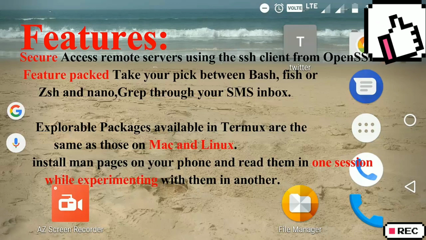And next, coming to the featured packages that are nano, grep, through the SMS box, base, and also exploitable packages which are available on Termux are similar to the Linux